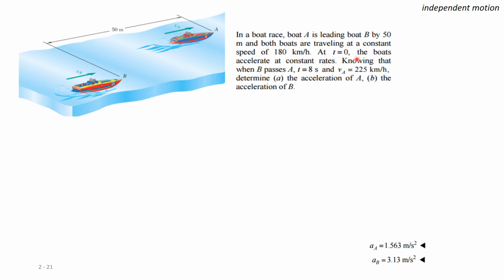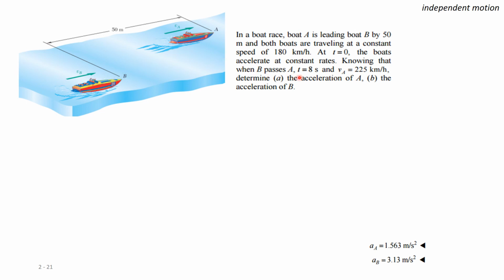At time equals 0, the boats accelerate. They both accelerate at constant rates, knowing that B passes A after 8 seconds have gone by. So they're both going at a constant rate, and then all of a sudden they both see something out here and they both want it, right? So at time equals 0, they both step on the accelerator, they both start going as fast as they can,